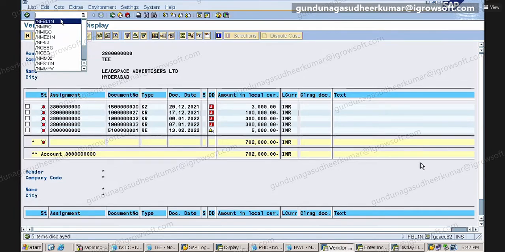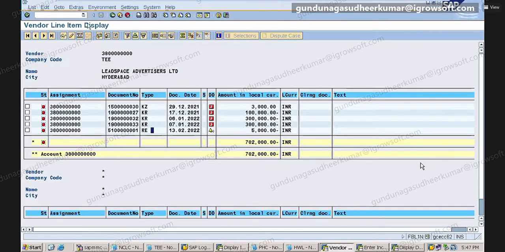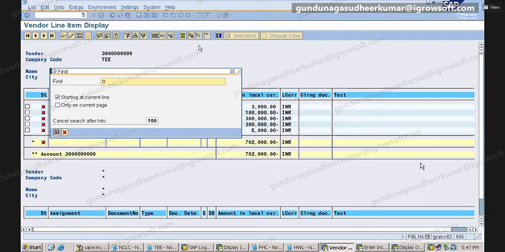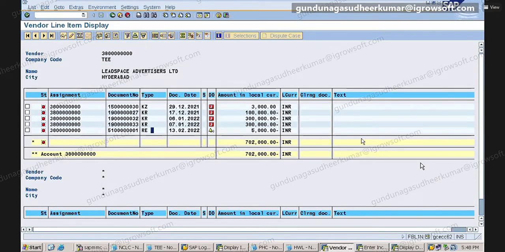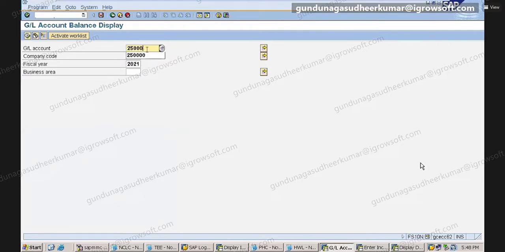If I go to FS10N, suppose this is my GR/IR account, you see, it will always get nullified.